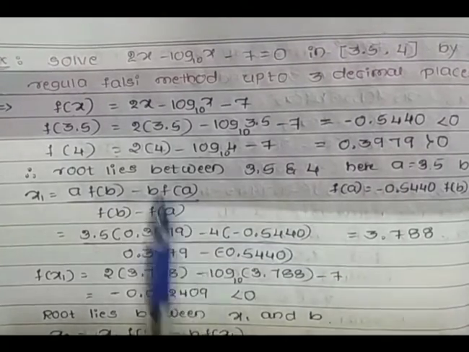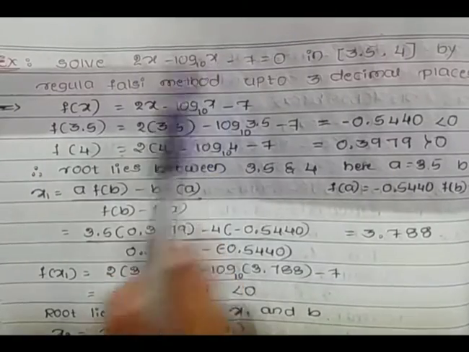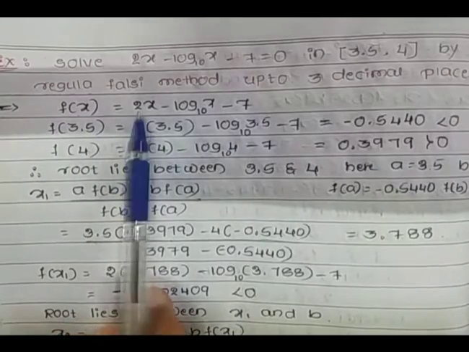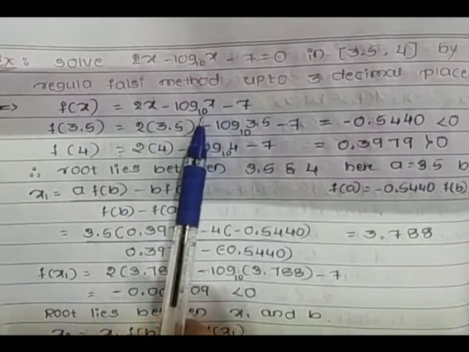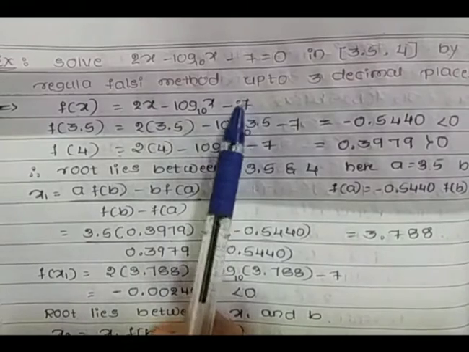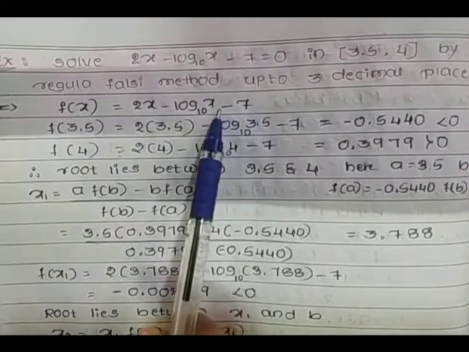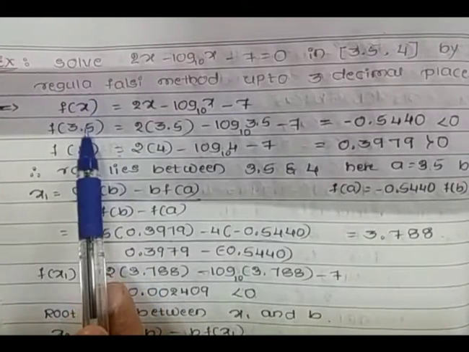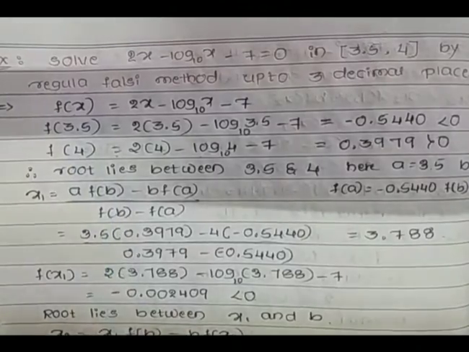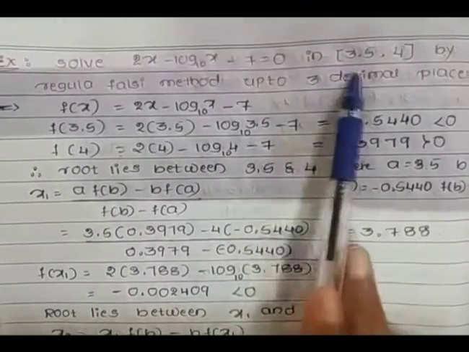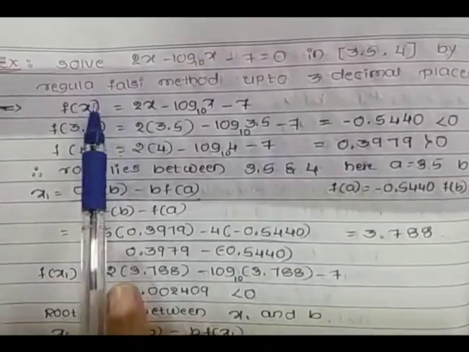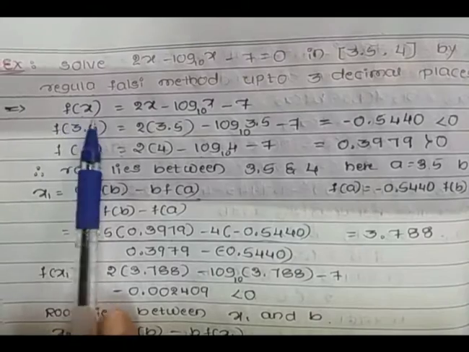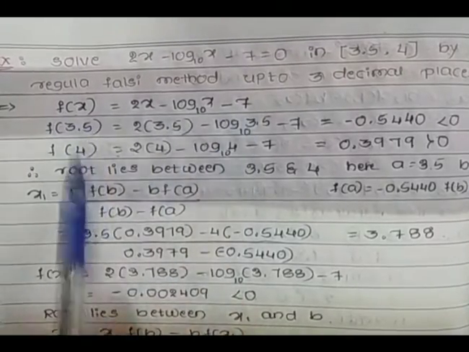So what we have to do here? First consider the given equation in terms of a function, that is f of x is equal to 2x minus log x to the base 10 minus 7. So this is the given function. Usually, till we get one negative and one positive value, we just keep on substituting 0, 1, 2, 3 and so on. But in this example, as the interval is mentioned, directly replace the x value using 3.5. First replace the complete x value using 3.5.